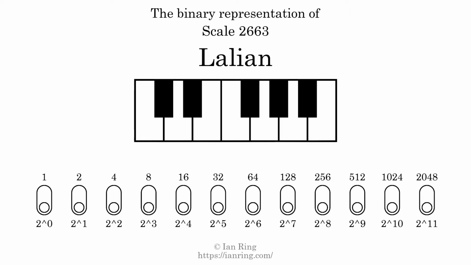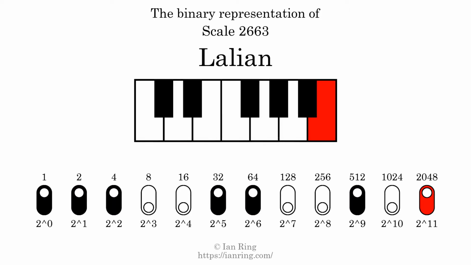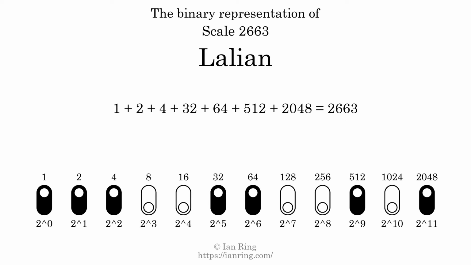The binary representation of this scale is determined by mapping tones of the scale to binary digits. Each binary digit represents a power of 2. To get the scale number, we add the powers of 2 together. The powers of 2 that are present in the scale, all added together, equals 2663. That is why the scale number, in decimal, is